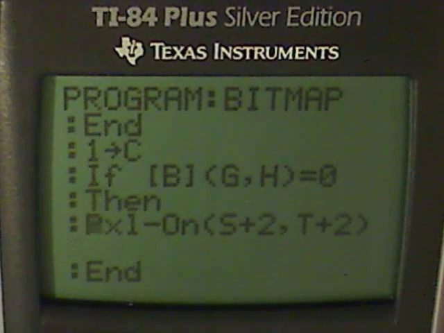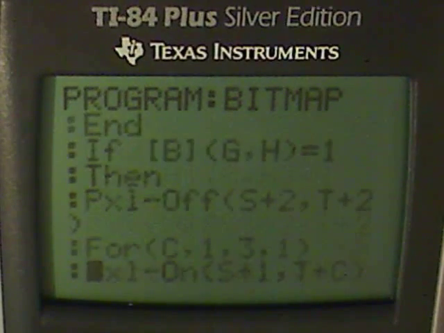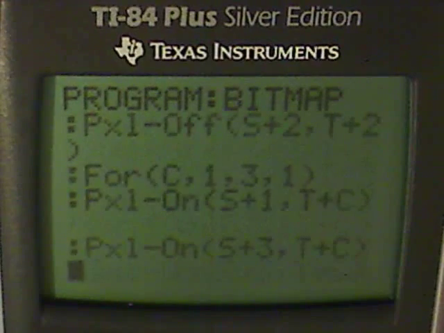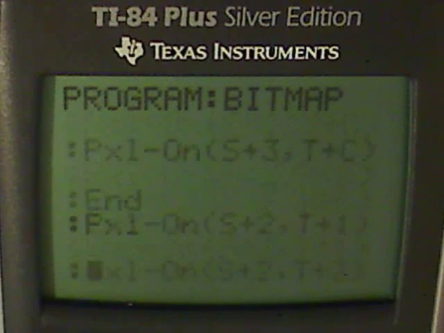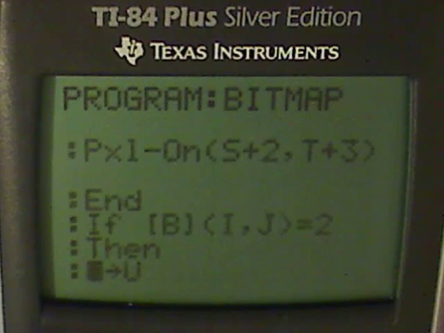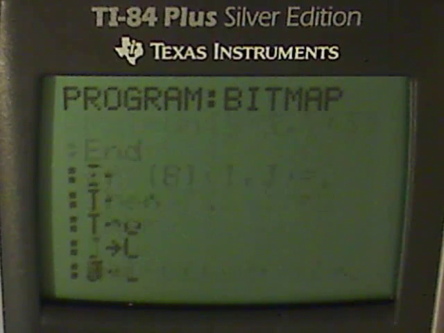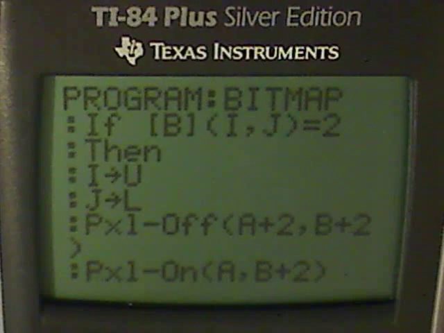Then if 0, it'll just make a pixel in the middle center part there. And then if it equals 1, it'll first remove the middle pixel. And then this is for drawing the square. See, it'll make 2 straight lines across, and then it'll make 2 in the middle parts. And then that's all for the,